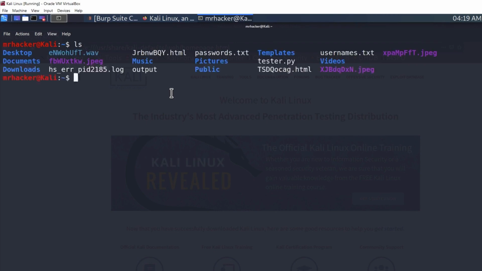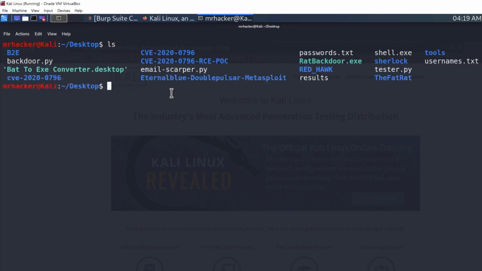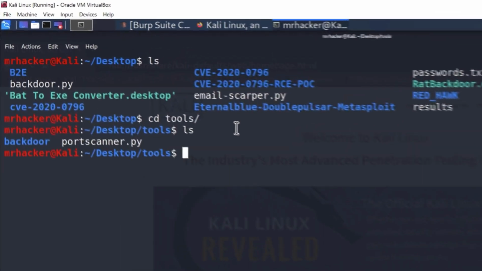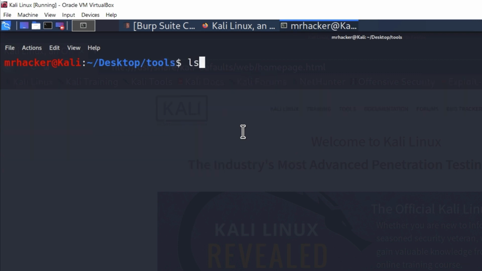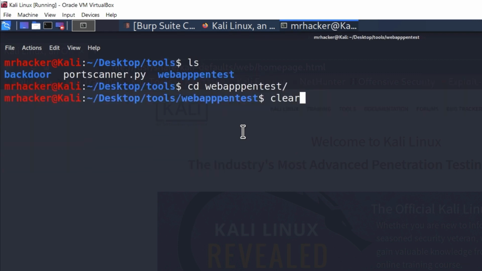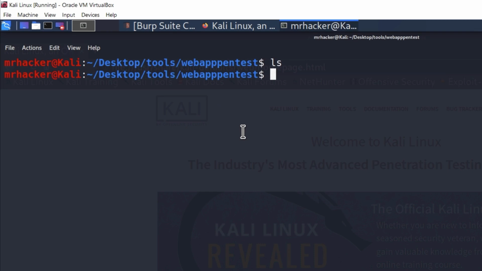So if I type ls and navigate to my desktop directory, here we got the tools directory for our coding projects, and here I'm going to create the web app pen test directory. So I will navigate there, and currently this directory is empty. So let's nano our Python program. We can type nano and then